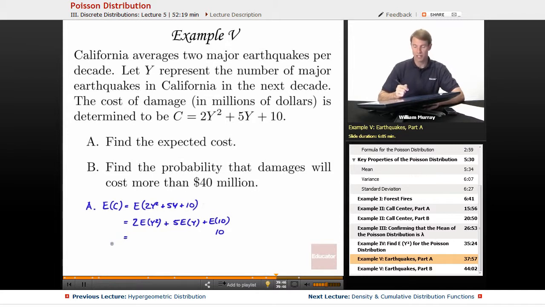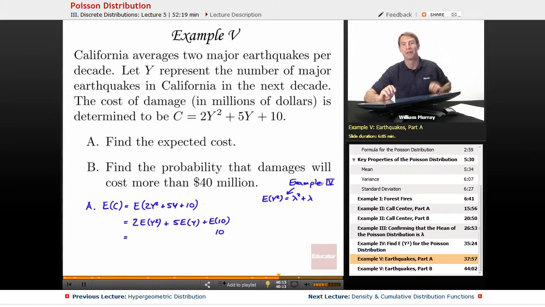Now, 2 times the expected value of y squared. I figured out in example 4 that the expected value of y squared was lambda squared plus lambda. That was in example 4. If you didn't just watch it, then you'll want to go back and look at example 4 and see how we figured that out. So I'm not going to recalculate that now, but you can go back and check the earlier part of the video on example 4 if you haven't just watched it. So this is 2 times lambda squared plus lambda